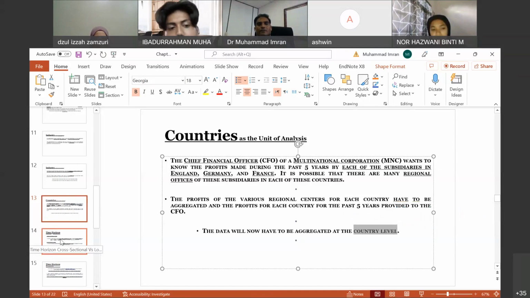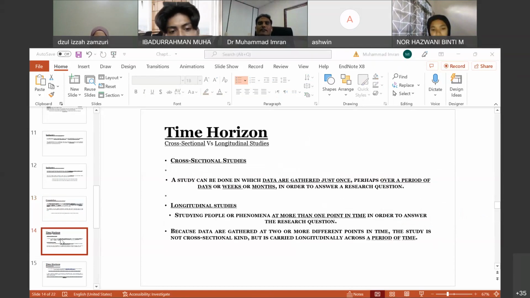Okay, the third and last topic is time horizon. Basically, time horizon is divided into two major parts. Cross-sectional means one-time data collection. Longitudinal means multiple-time data collection. Let's see here, cross-sectional studies. A study can be done in which data are gathered just once,